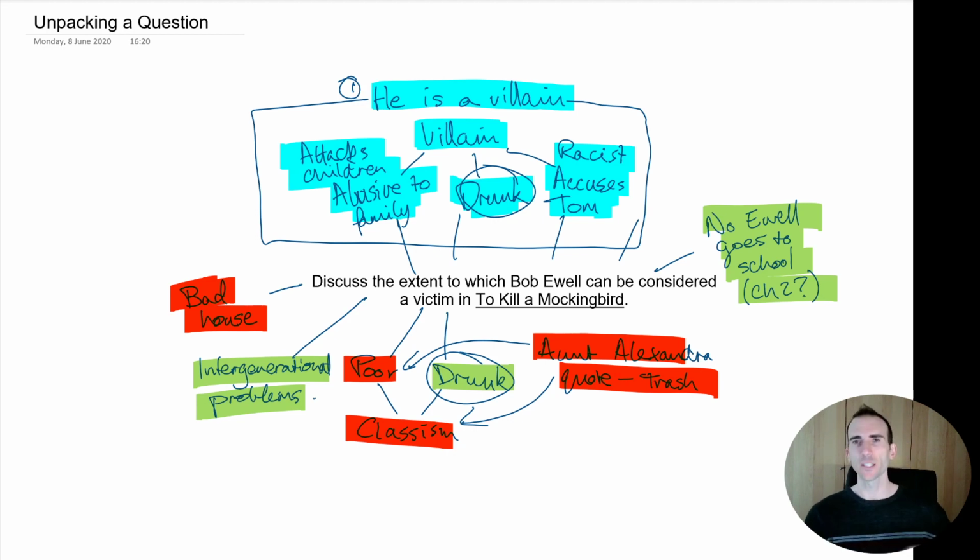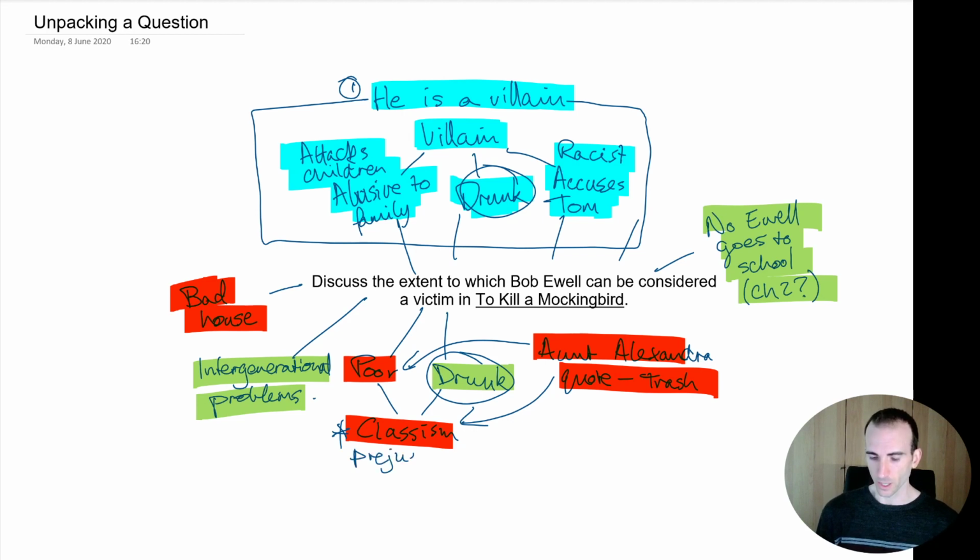But maybe I'll start there, show, yes, he's definitely a villain, and then from there I can build, but he's also a victim. Maybe that's how I can approach this topic. Red, what have I got here? I think it's the idea of classism. So I don't know where I'd put that in my argument, but I think this red idea is the main point. It's all going to be about classism, that he is a victim of a form of prejudice.